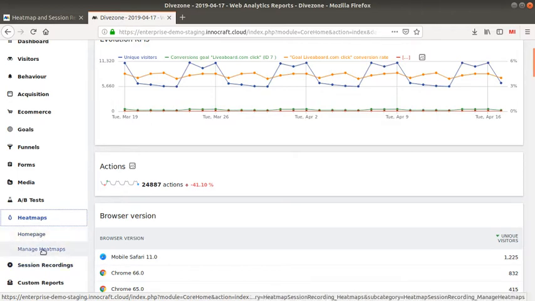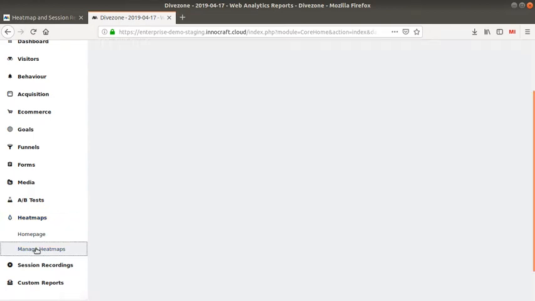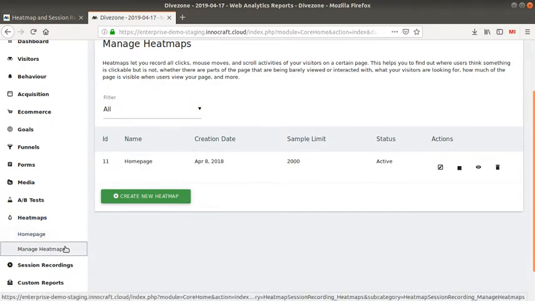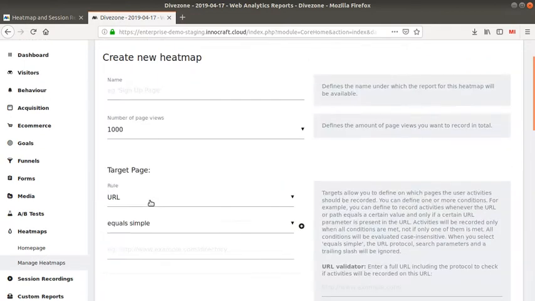So once you click here on heat map, you will see that you will just get a link named Manage Heat Maps, and it's not in fact recording automatically for you the interaction that the users have on your website. You need to configure it a little bit, but it does not require any additional tracking code on your website. So once the plugin is activated, the only thing that you need to do in order to start collecting some data is just to click here on Manage Heat Map and then create a new heat map.